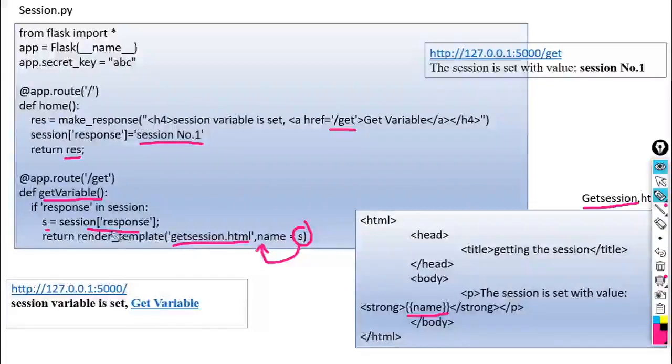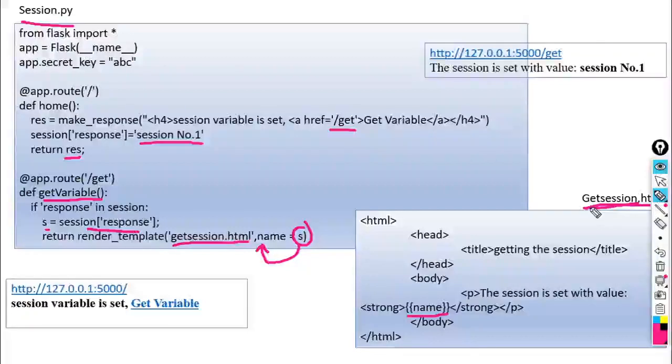When get session.html is rendered within the Python script, this s will be redirected to name, and this name will be displayed when we invoke the HTML script. So this session.py is associated with this get session.html.